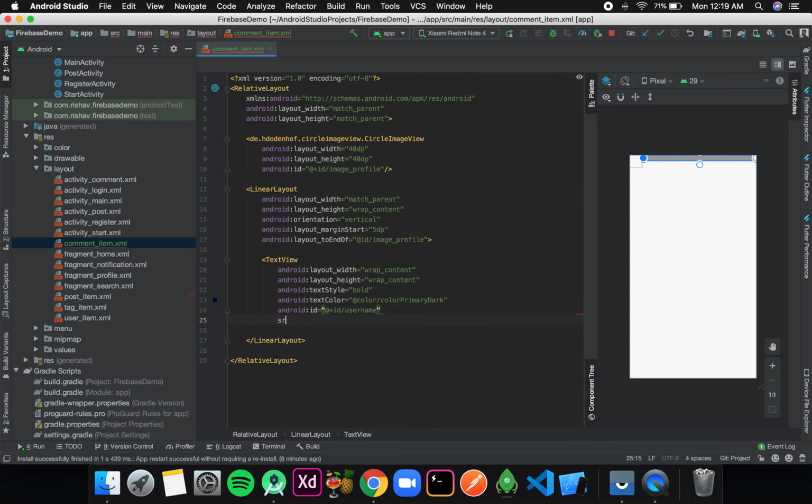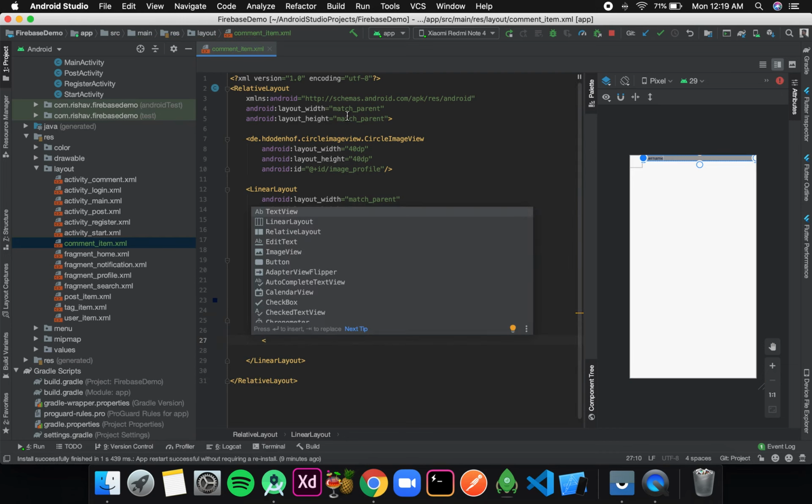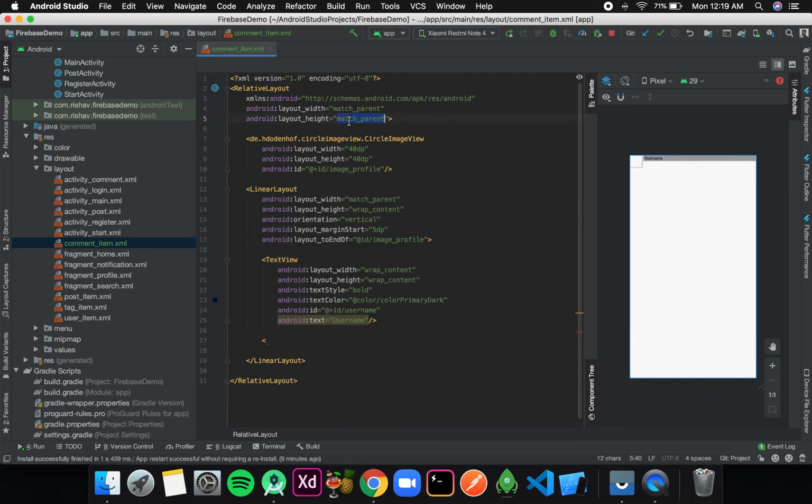Let's try giving it some sample text, that is username. Over here one thing that I missed, that the height will be wrap content.